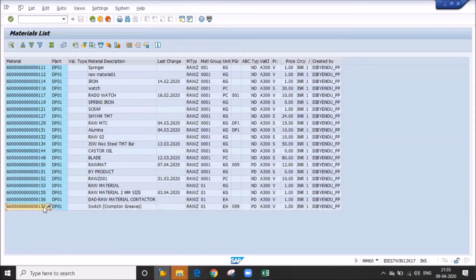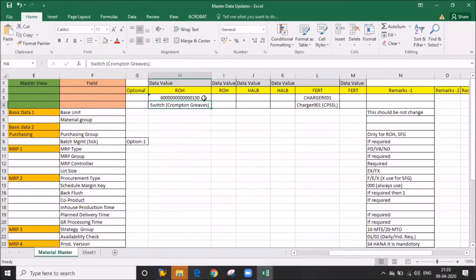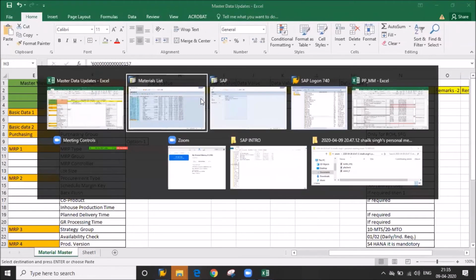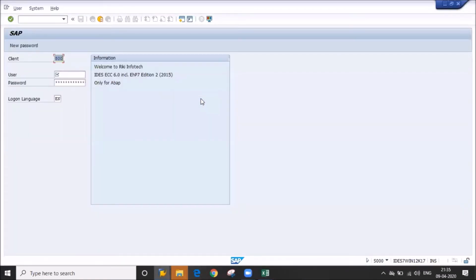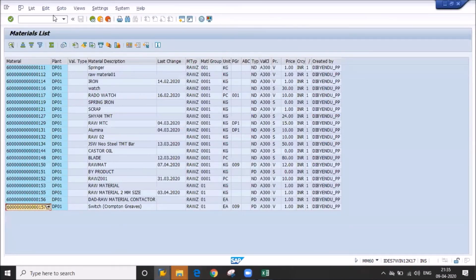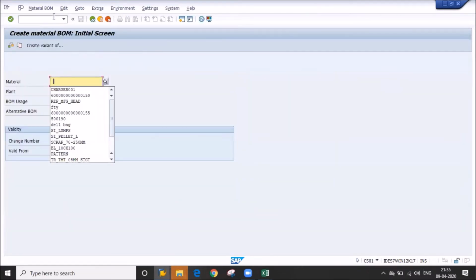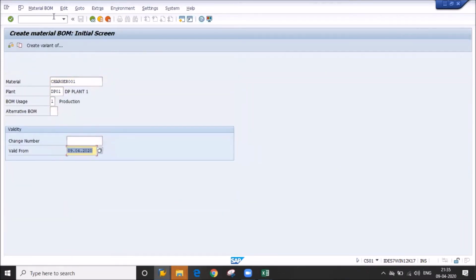Our material code was wrong. You see, this is the meaning of the Excel sheet. I will create the BOM.